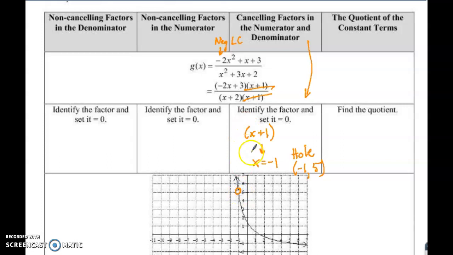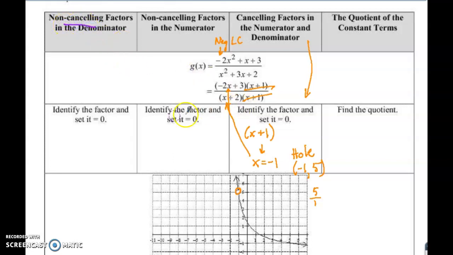Well, how did they figure out 5? Well, you plug negative 1 in for the x's in the simplified version. So we're looking at positive 2 plus 3 would be 5. And then negative 1 plus 2 is 1. 5 divided by 1 is 5. I would do that first. That's my opinion. You don't have to do it my way, but I would do that